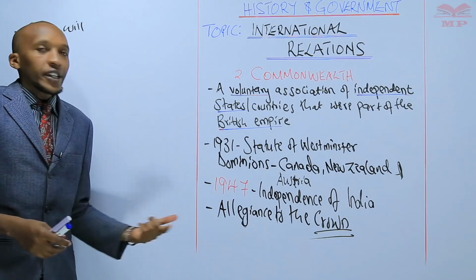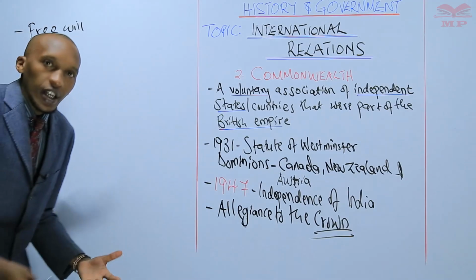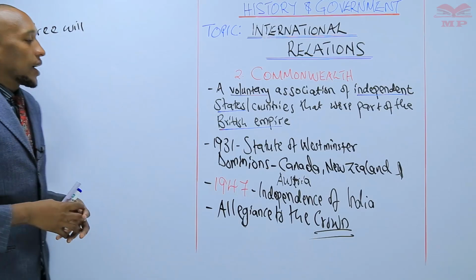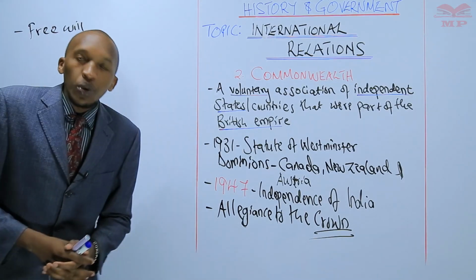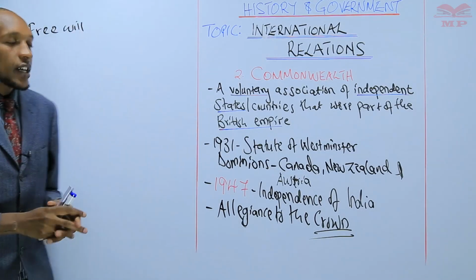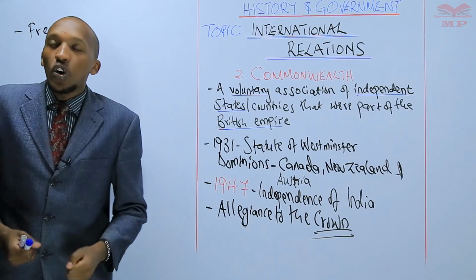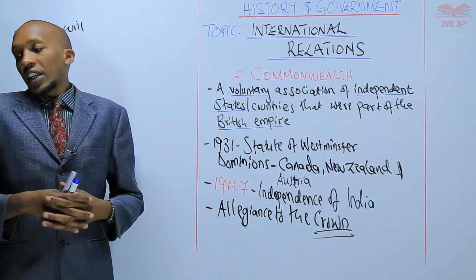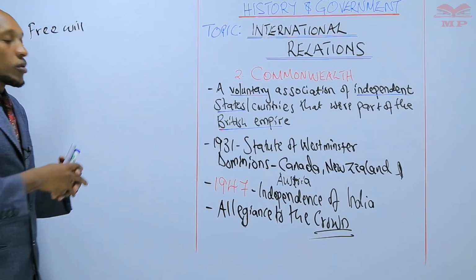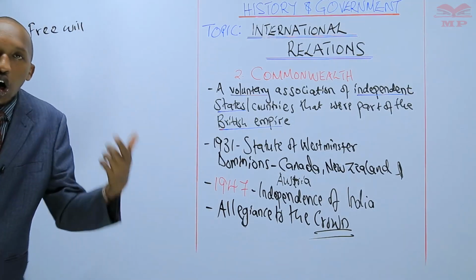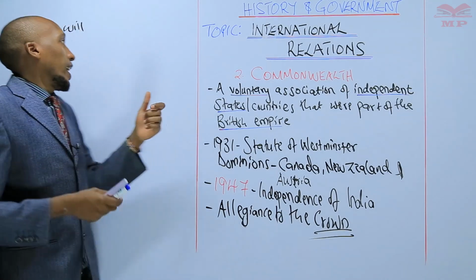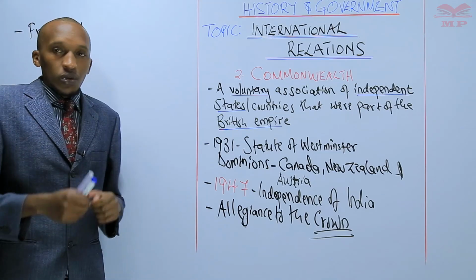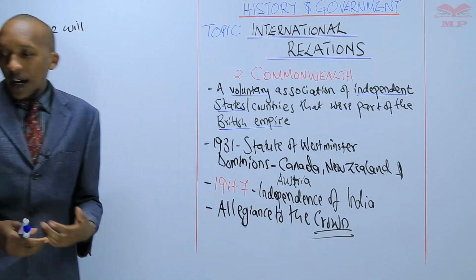So every country that was under the leadership of or was colonized by the British was given an opportunity, after they had gained self-governance or independence, a chance to become a member of the Commonwealth. So they had to decide either to join or not to join. So that is how